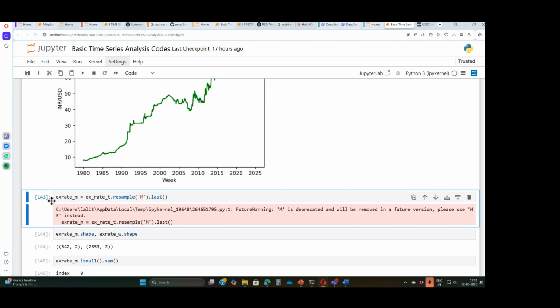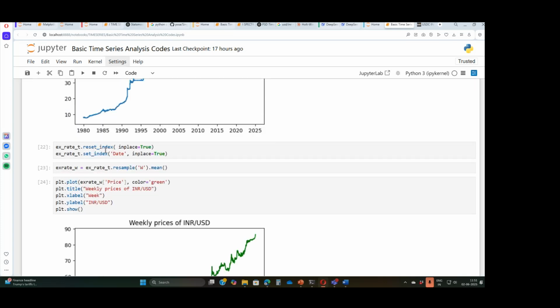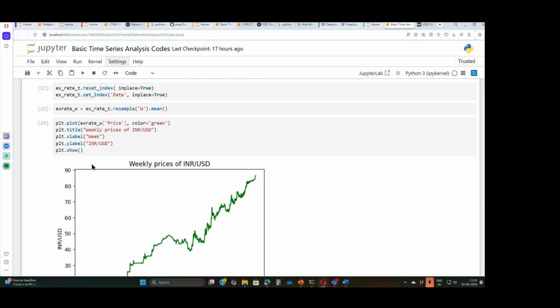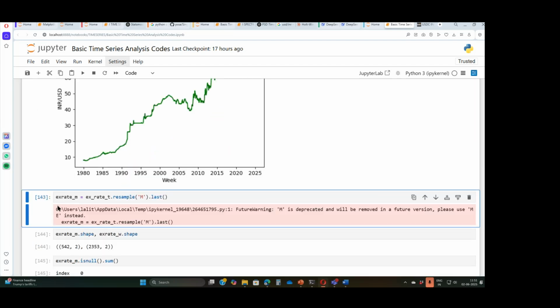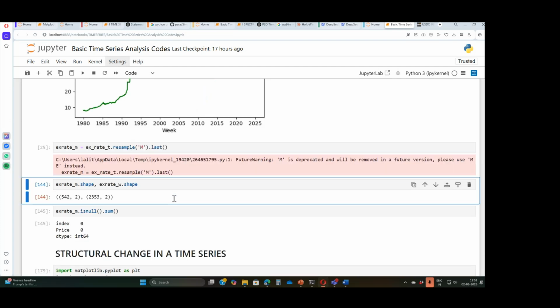Now I want to convert the same data into monthly. I don't want to convert this to monthly. I want to convert the original data, the daily data, which I got over here, exchange rate T. I want to convert that into monthly data, ensure that the date is in the index, and then I create a new variable called exchange rate underscore M, from exchange T. Here I'm going to say resample is equal to month because it's monthly. And then I will say I want the last value. I don't want the mean. Give me the last value of each month. That is the 30th. I've got it.